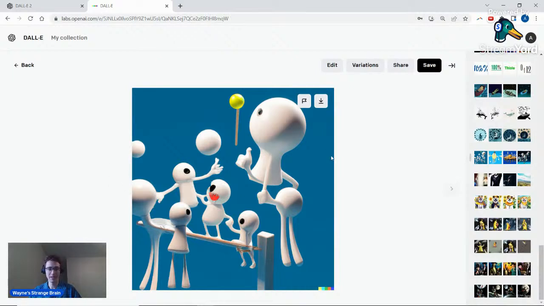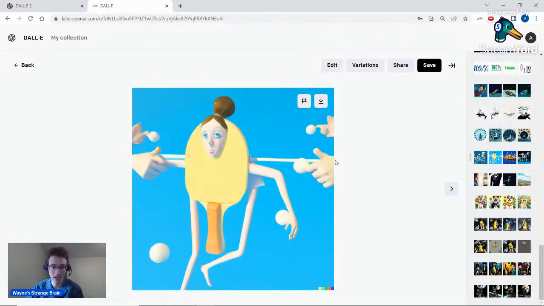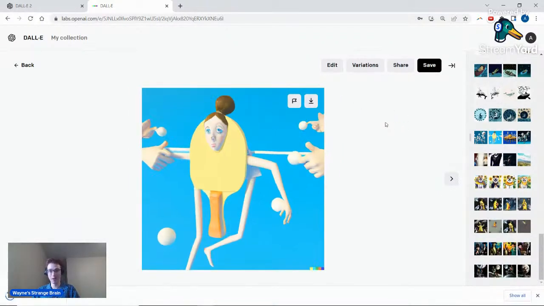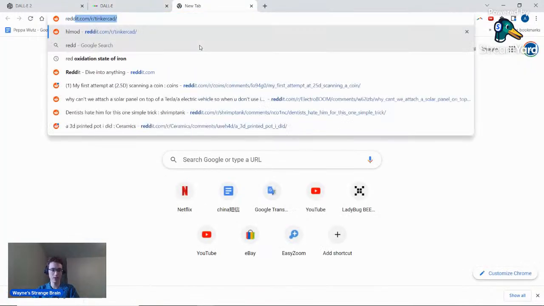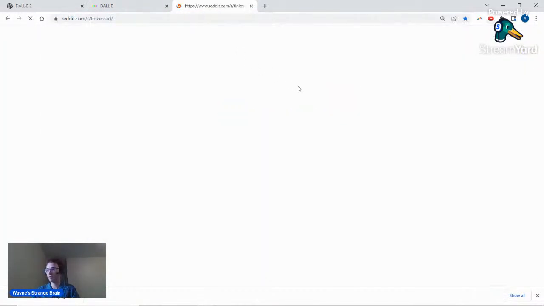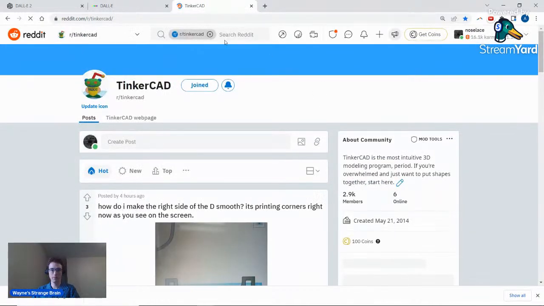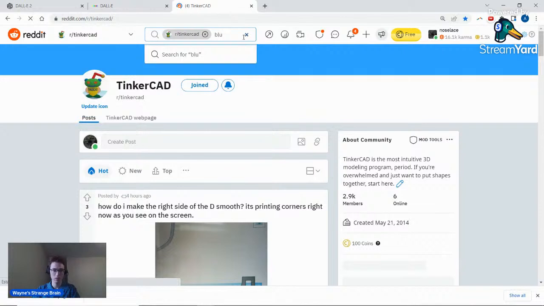So, here we've got, they look kind of like there's ping pong balls and weird. I wouldn't be able to tell you what was going on here. Whereas this one, it's pretty obvious it's a ping pong paddle person, which this is definitely a blurst image. I should post it on Blurst Images. Yeah, why not? Nobody's watching this stream anyway. Don't look at my username. Okay, it's all available.